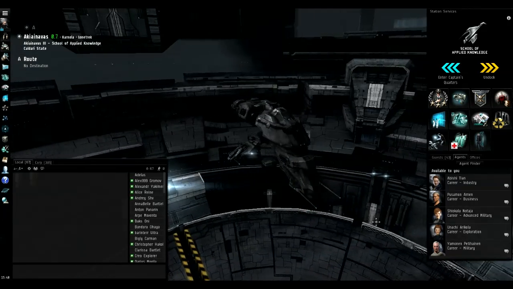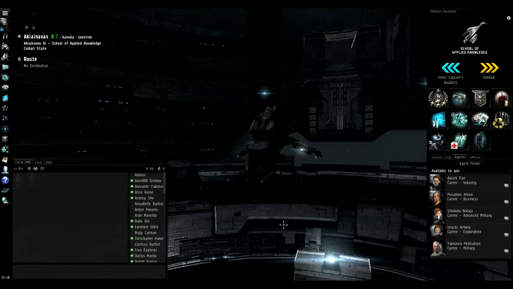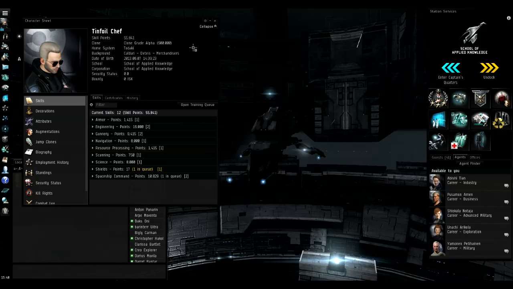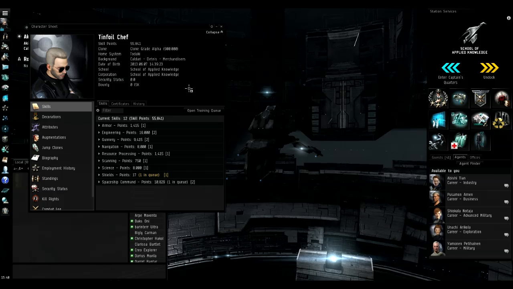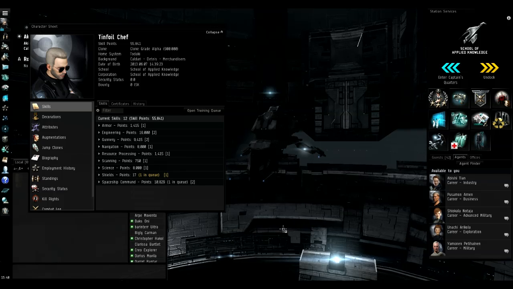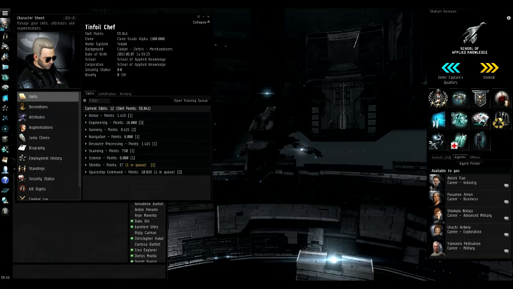Now, in the first 3 videos, I used a temporary character that I had created specifically for making those. For this video, and for the remainder of this series, I will be using this character that was made. I made this character way back when I first started with EvE because, frankly, I wanted to make sure that I was the one that owned that name. And at the time, I didn't have any plans to use the character for anything, but since then, I've changed